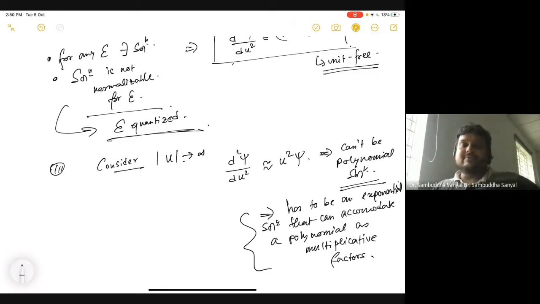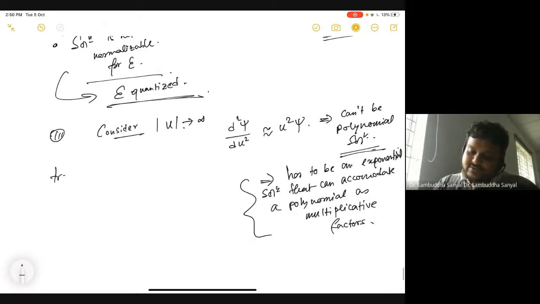But physically, you can argue very quickly a polynomial cannot be there, because a bound state polynomial will blow up at infinity. So it cannot be a polynomial. It has to be something which is bounded in a region. So it has to be an exponential form. But in principle, it can be modulated by a polynomial as a multiplicative prefactor. This kind of thing you can say even without calculation, only after you have spent some time with the calculation and have some kind of a gut feeling of what the solution is going to look like. So based on these two observations, we start with the trial solution. The trial solution is the following.